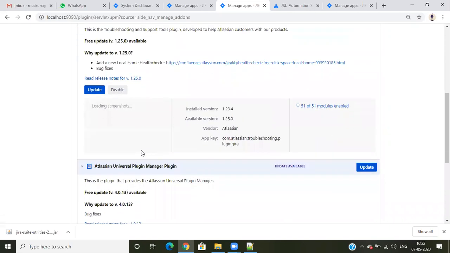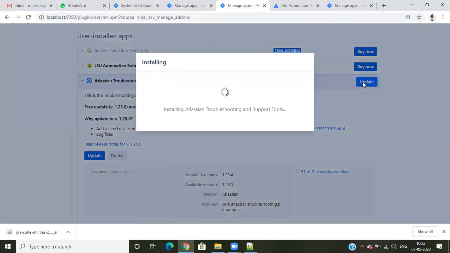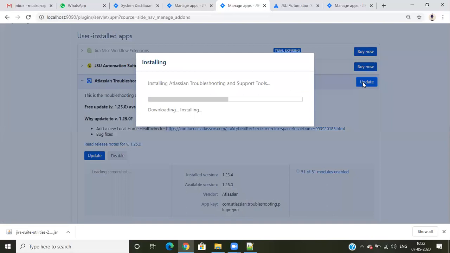See here, the installed version is 1.23.4, but the available version is 1.25.0. Suppose 1.24 is also there. When I click on update, it will be directly updated to 1.25, but my requirement is to update to 1.24 only. With just one click it will be updated, but it will be updated to the latest one only.